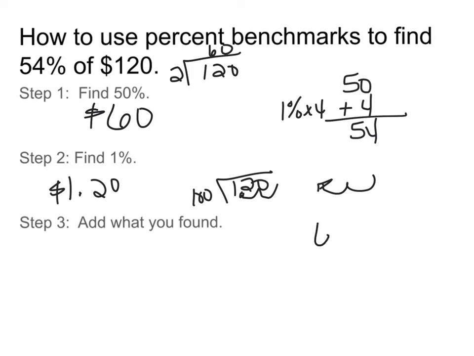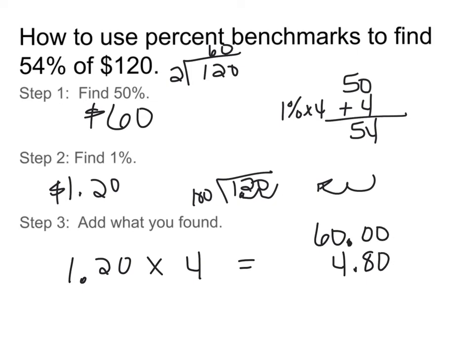So I'm going to add 60, and then I'm going to do $1.20 times 4, and this will equal $4.80. And because there's a decimal, I know the decimal 60 is at the end, so I'm going to add the zeros because we are working with money. And then I'm going to go ahead and add those up. So 0 plus 0 is 0, 0 plus 8 is 8, 0 plus 4 is 4, and 6 plus 0 is 6. So that means that 54%